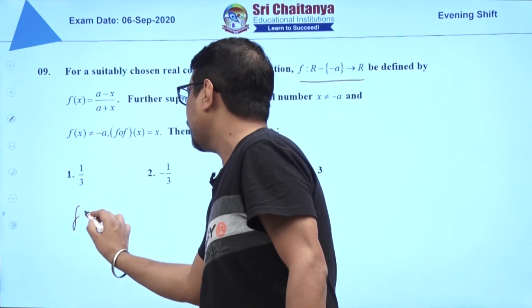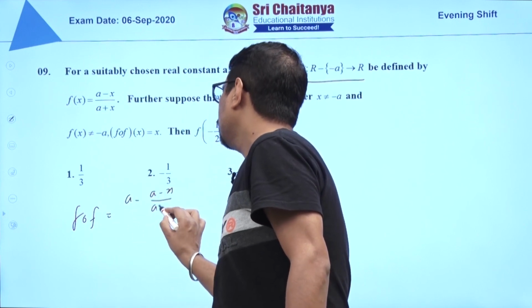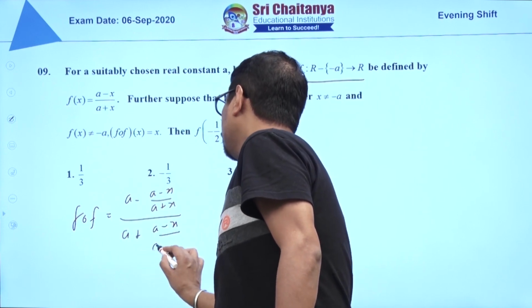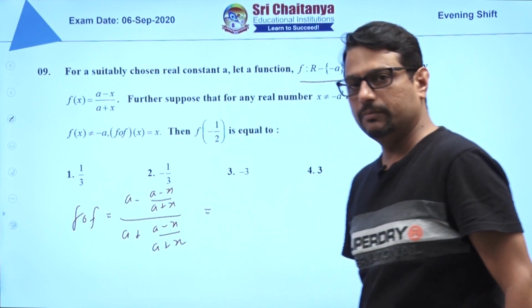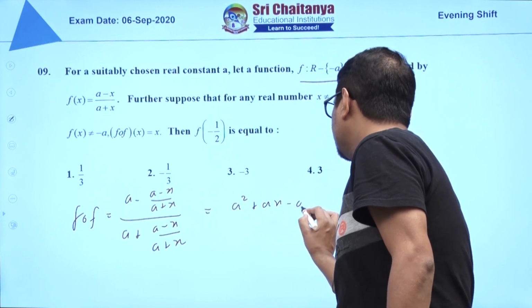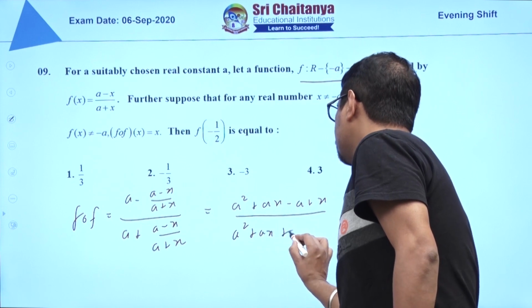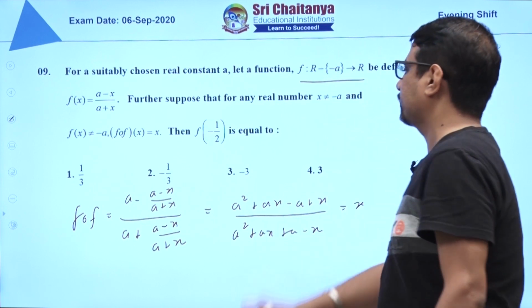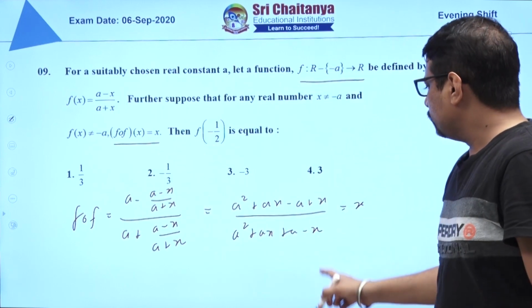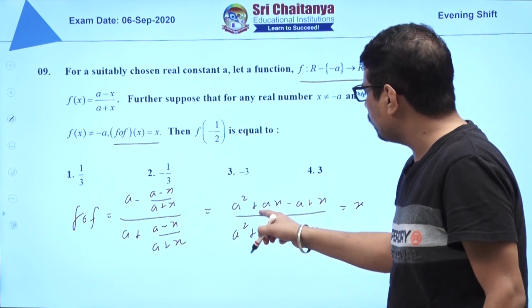So f of fx is equal to a minus x upon a plus x divided by a plus a minus x upon a plus x. Let us simplify it a while. So this will become a square plus ax minus a plus x divided by a square plus ax plus a minus x. This should be x. Given here f of fx is equal to x. You can cross multiply and try, but I would not suggest, because just simply putting value of a equals to 1,